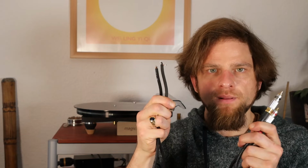So, what I did, and what I will be trying to show you in a kind of step-by-step guide, is how I, ta-da, unsoldered the original cable and replaced it with a balanced one. So,